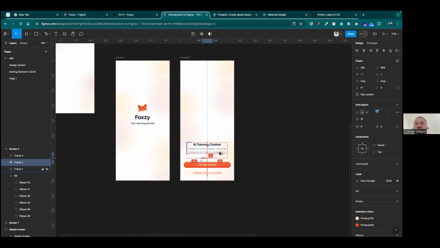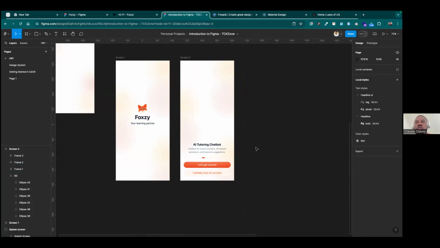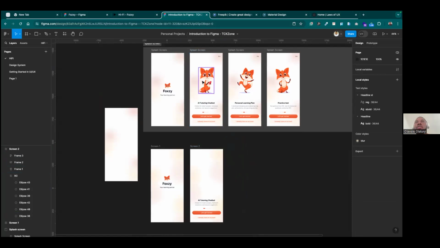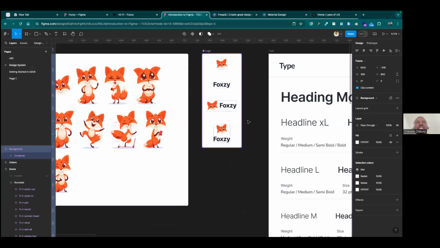So we have this here already. So we have this bottom section figured out already. The next is I want to put this smiley guy. Note, like I said, these guys are already in the design system. So I'm just going to come here in the design system and select the guy that I want. I want the